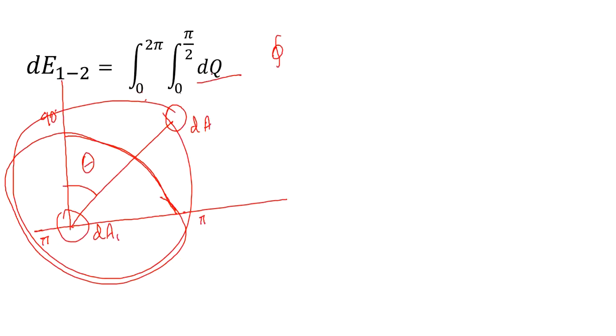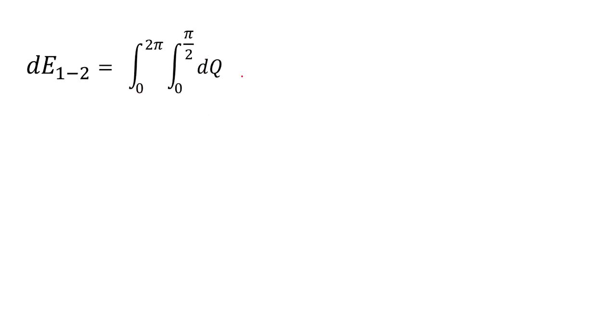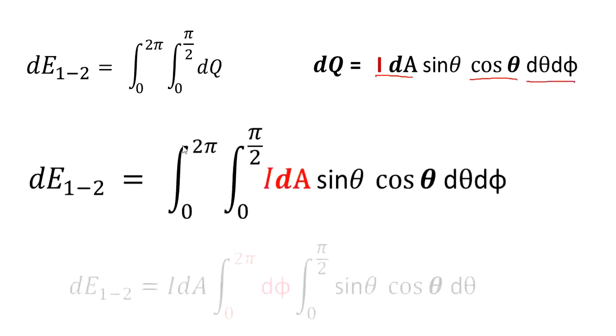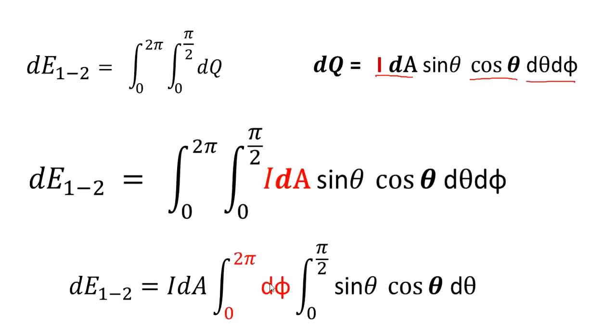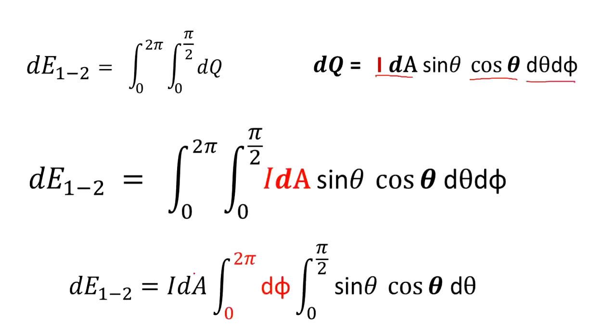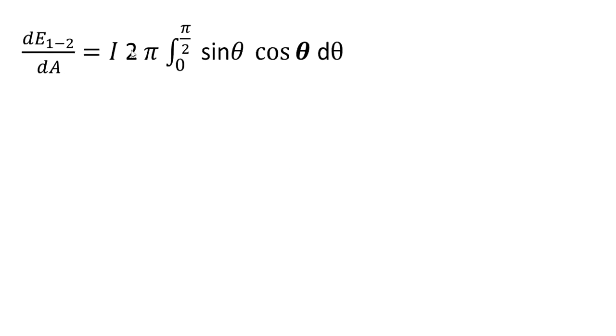That we are going to integrate, the small amount of heat energy dq in terms of radiation. But dq, you know, we have already derived the equation: I dA sin theta cos theta d theta d phi. Put it in this equation, the red one; I will take it outside, and then it will get integrated. E1 to 2 divided by dA will become the emissive power E. But after that you will get only phi, so integration of 0 to 2 pi, then it will become 2 pi.